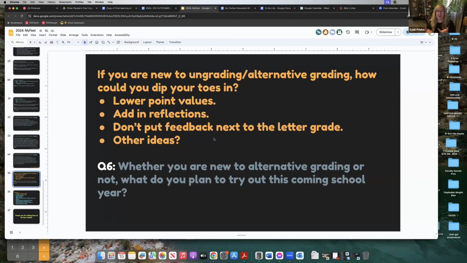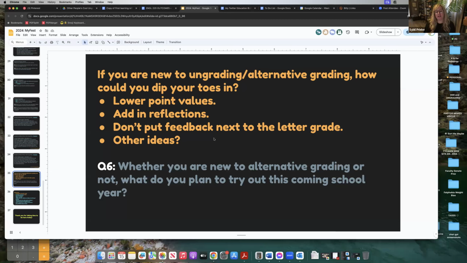So now some things are 10 points, most things are 1 or 2. I just keep everything very low key. I've added in a lot of reflection, like I showed you all. I don't put the feedback next to the letter grade. That's kind of separate. I think you've probably all heard of the studies that show that when students are given a paper back and they see feedback next to a letter grade, they don't even read the feedback. They go, oh, I got a B, and they throw the paper. I actually had a student do that in front of me when I taught at NDSU years ago. And I don't know why it didn't occur to me at the time to stop putting a letter grade next to the feedback. But anyway,